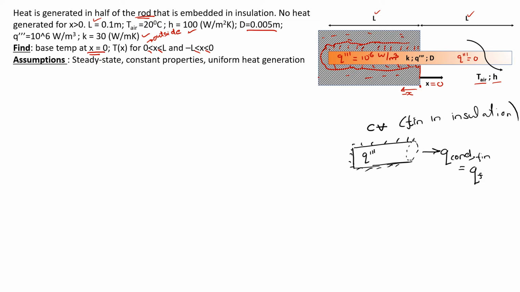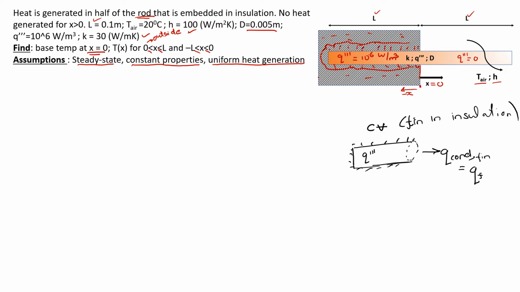Okay, so let's begin with our assumptions. Our assumptions are that the system is at steady state, all the thermal properties are constant, and the heat generation wherever it exists is uniform heat generation. You may have problems where your heat generation can be a function of, say, your dimensions x, y, or something like that, so you need to be careful about that as well. In this case, we are not given anything and heat generation is just a constant value. So we've assumed that heat generation is uniform.